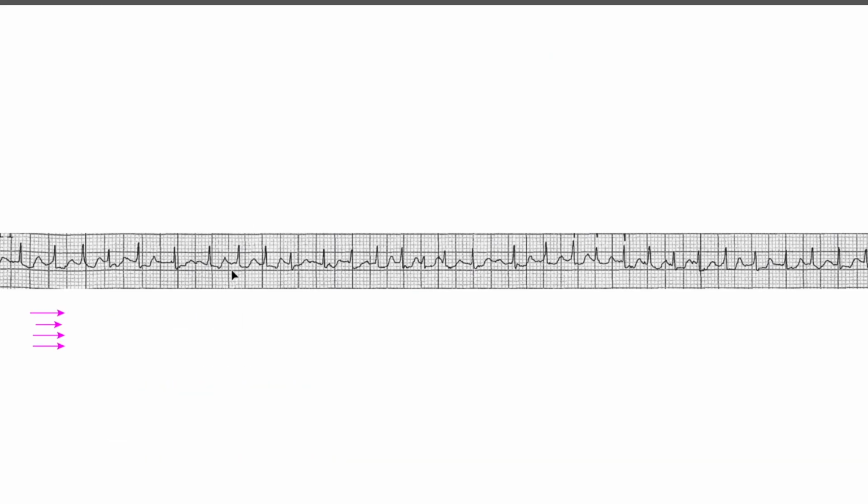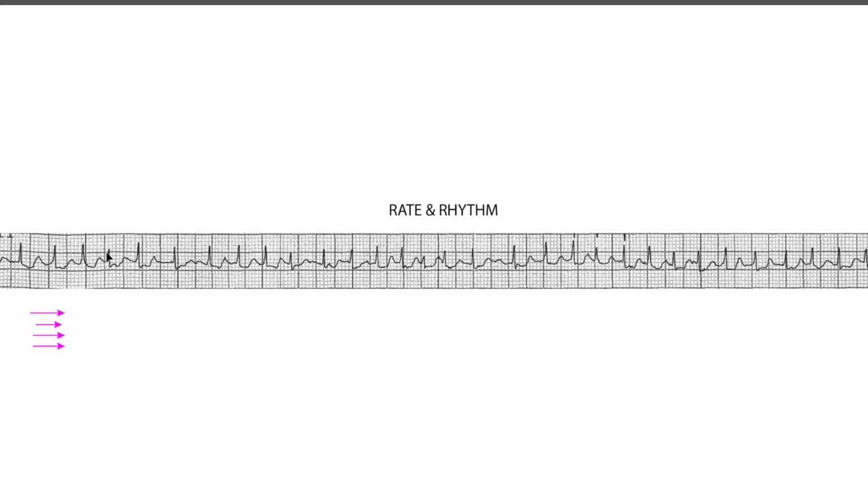Okay, so somebody throws this strip at you, right? With any strip, rhythm strip, single channel, the best you can hope for is rate and rhythm. And anytime somebody says rate, your mind immediately should be going, the rate of what? Now, sorry, I brought that up a little too early, but